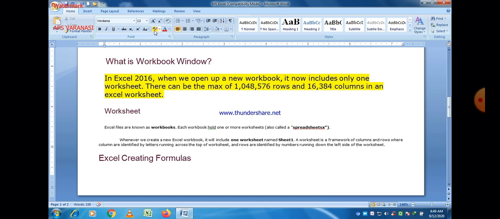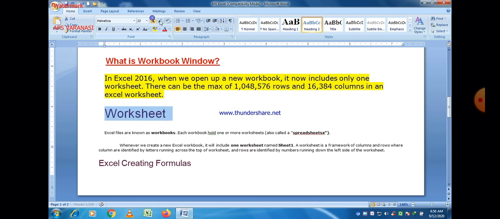But when we talk about 2003 or 2007, there are by default 3 worksheets, and there are a certain number of rows and columns. So there is a very important point: the maximum number of rows in a worksheet is given on the screen. 10,48,576 rows are there and 16,384 columns are there.